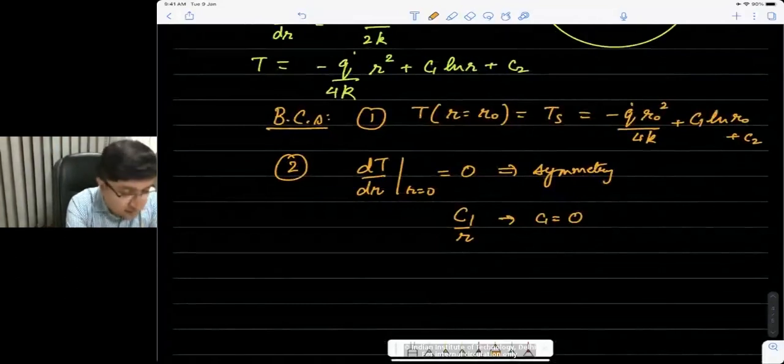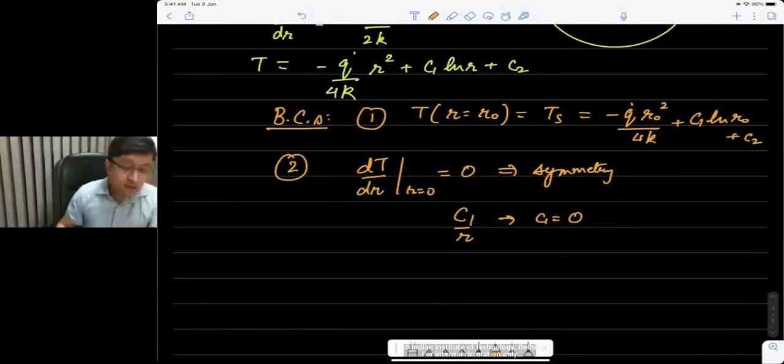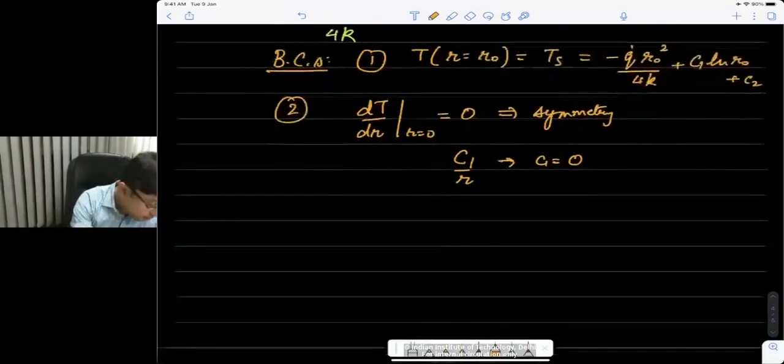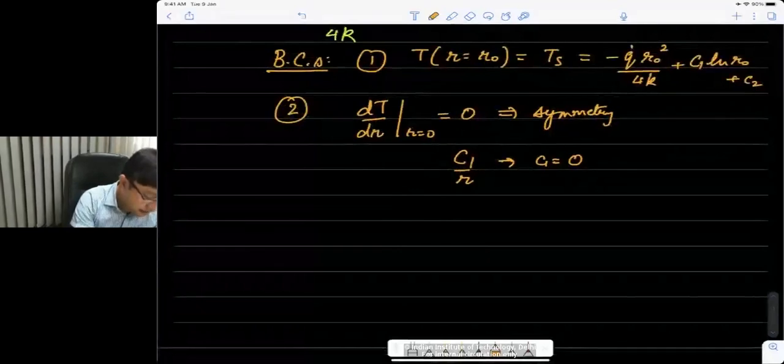The second way is, maybe to the same students who spoke twice, or maybe there was another one who spoke in the first instance. That argument is also right, that this function is not mathematically defined at r equal to 0. So the only way the solution can be defined or be of any interest is if c1 is 0. That means that now we can calculate c2 based on just one boundary condition, and you can work that out, and c2 then comes out to be